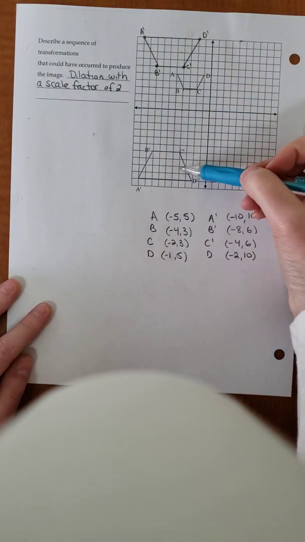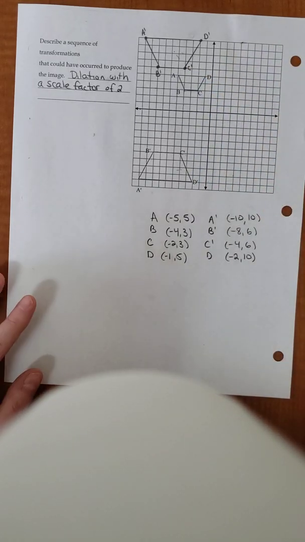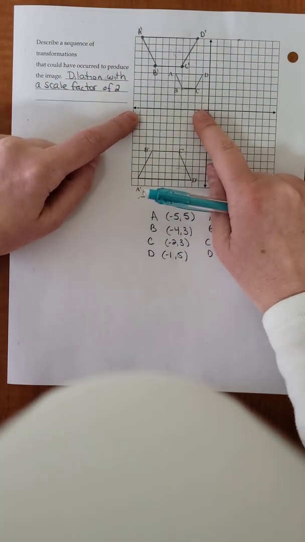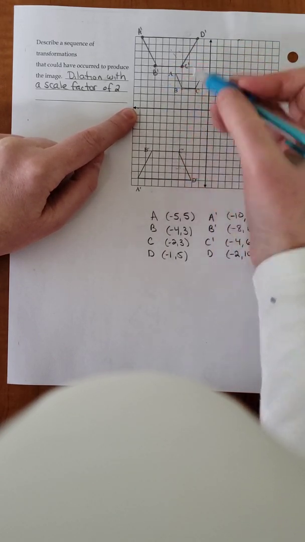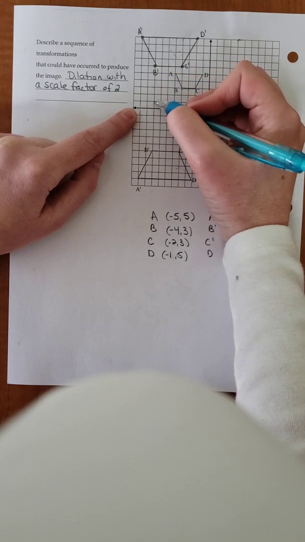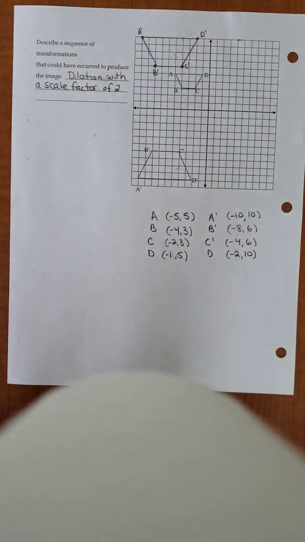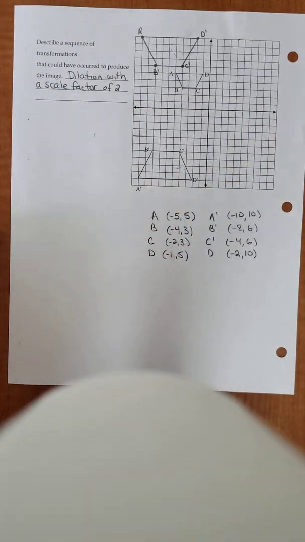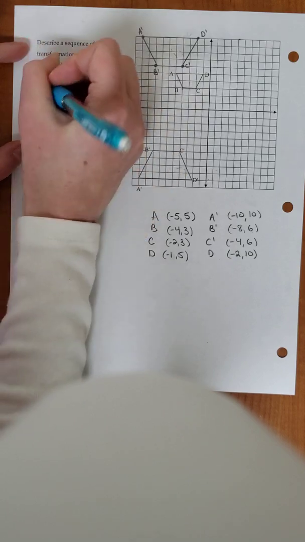Clearly, I have not ended up down here yet, but now the sizes are the same, so that's good. So now, it looks like it was a reflection, right? So we've got to figure out what it reflected across. It seems like it was probably the x-axis, but we do need to make sure that the points are the same distance away. So 1, 2, 3, 4, 5, 6. 1, 2, 3, 4, 5, 6. Corresponding points are the same distance away from the x-axis, so it looks like it was a reflection across the x-axis. So dilation with a scale factor of 2,